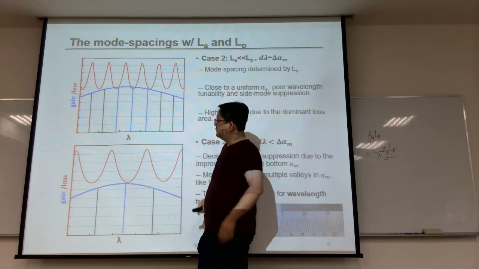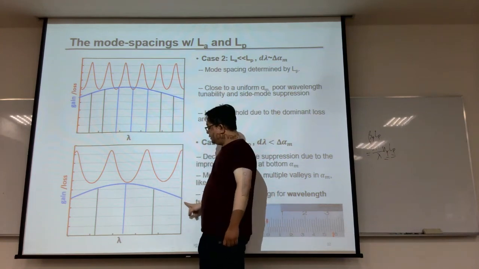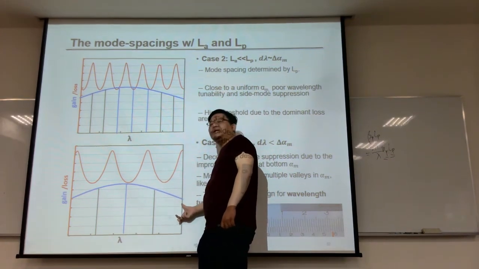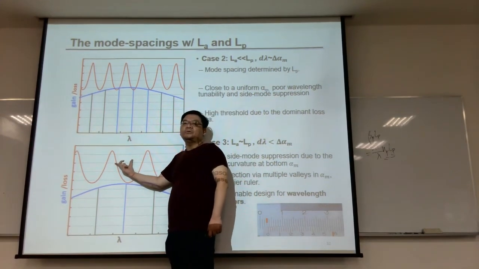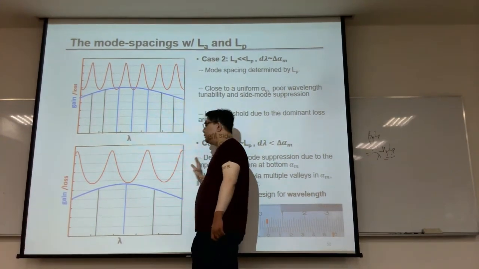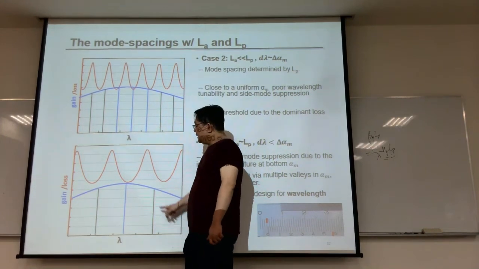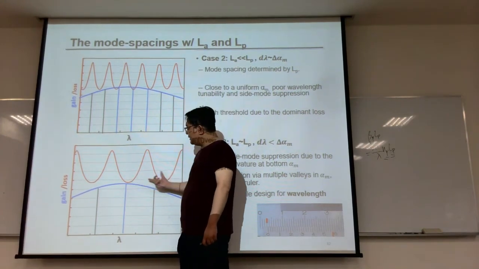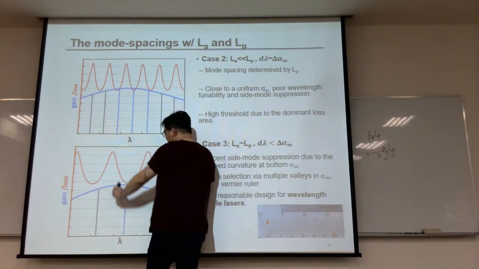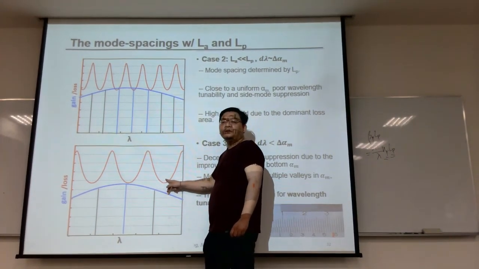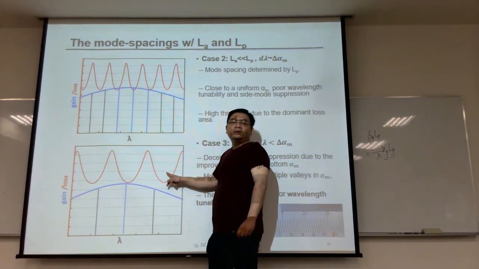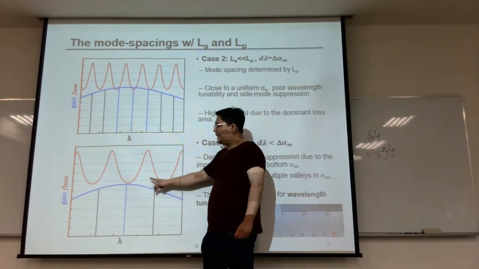Either way, the part of the active region is the same, but since you are changing the total length of your loss spectrum, it's possible to let this one shift a little bit, then let this mode meet the minimum loss of the loss spectrum. Then you can pick a mode